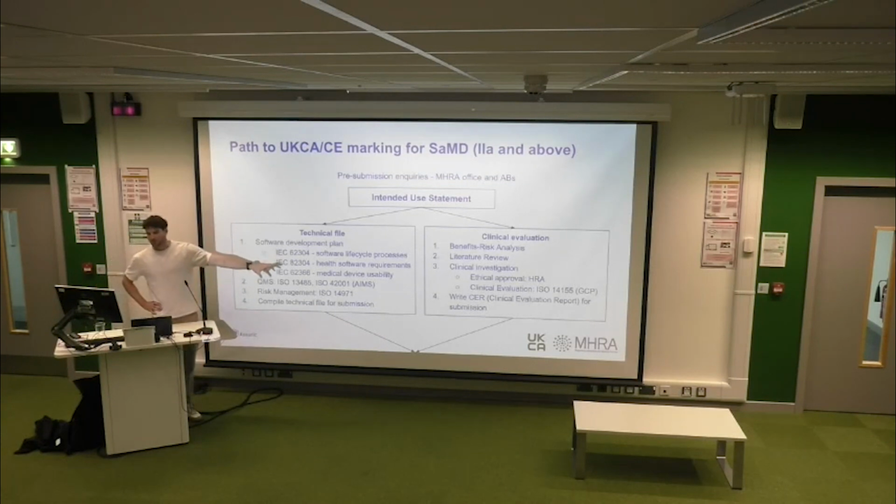Alongside this, you need to do a clinical evaluation. There are different steps and requirements, but you would generally be expected to do things like a benefits risk analysis, a literature review, and then an actual clinical investigation, which might be something like a clinical trial or a clinical study. You would generally be expected to get ethical approval from the Health Research Authority, and then comply with things like good clinical practice when carrying out the study,